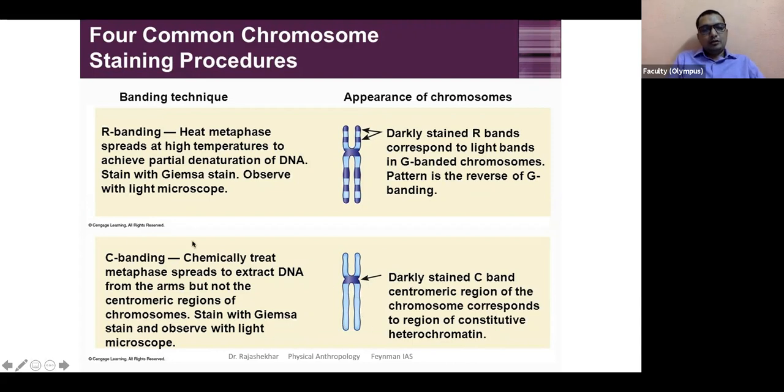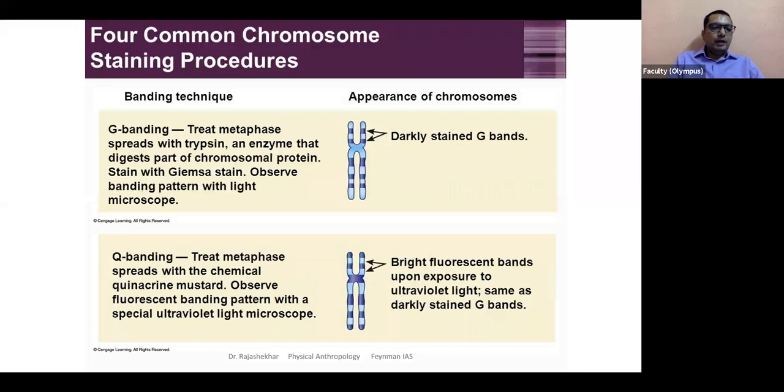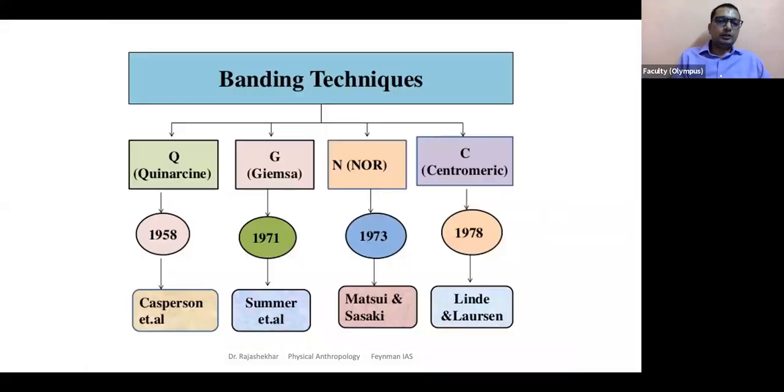Okay, so identifying the centromere in C banding; R banding, or reverse banding by heating, which gives the opposite pattern to G banding; and Q banding, where we use quinacridone mustard, a fluorescent dye, to highlight a few regions that G banding probably cannot. And then G banding is a generic method where Giemsa stain is used to provide a specific pattern. So why do we need a pattern? With a pattern, we can pair the chromosomes, right? Size and pattern can be used for organizing the chromosomes. That is how G banding is done. So this is how staining works in the karyotyping method. So just briefly have an idea about this staining part.